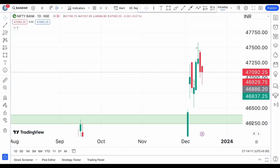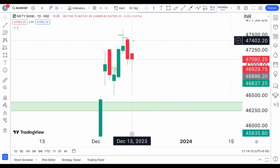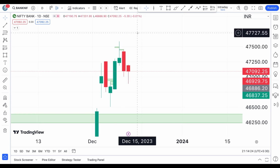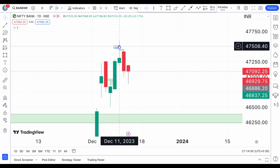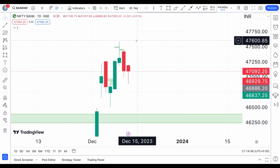Alright, so this is the daily time frame of Bank Nifty. Yesterday and the day before, that is December 11th, we said that the rally is looking a little doubtful because of this shooting star candle on December 11th. But after that, on December 12th we have seen another big bearish candle as expected, and now